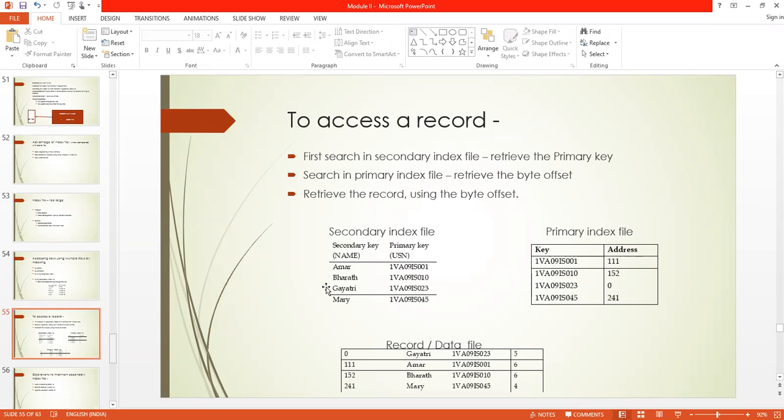Fine. I want to access the record of Mary. So search where Mary is in the secondary index file. It is IS045. So for IS045, the position is 241. The record is at position 241. Go to this location at 241, that is where M starts, and retrieve this record. This M is at the byte offset 241.